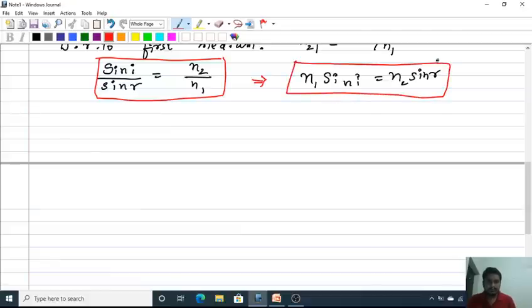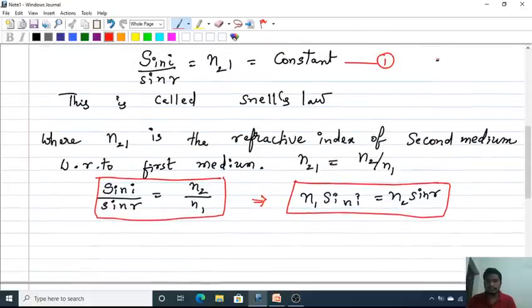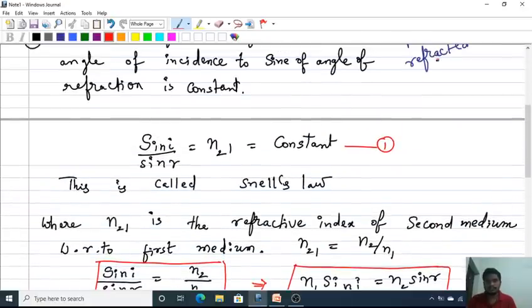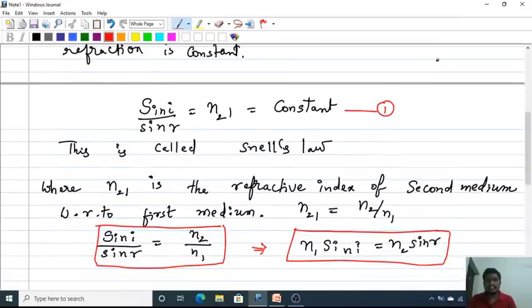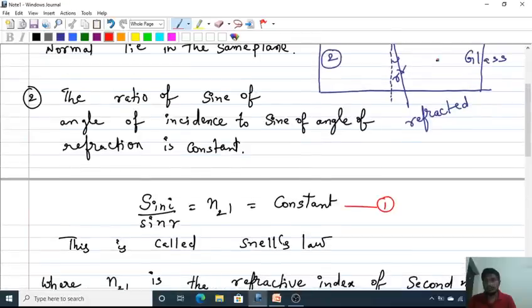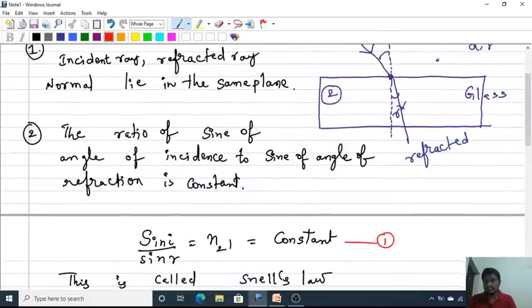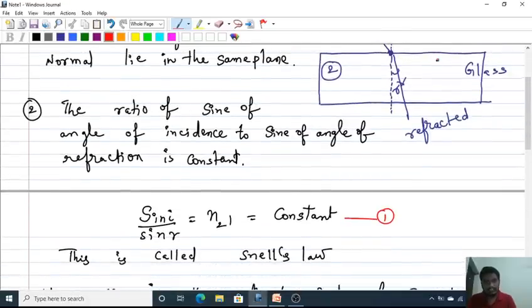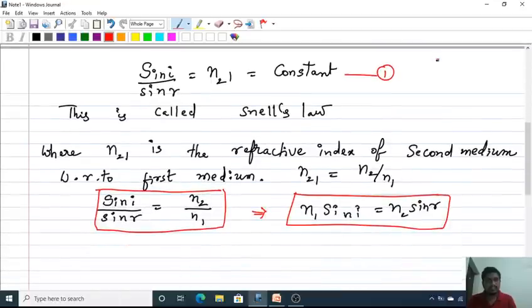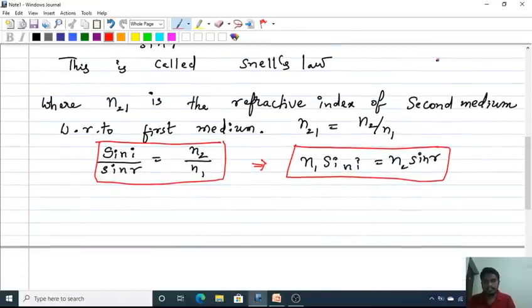Okay, so both laws are similar to the laws of reflection. The first one represents the relation between the angle of incidence and the angle of refraction. The other represents that all three, the incident ray, refracted ray and normal, lie in the same plane. These are the laws of refraction. Okay, so the next one,